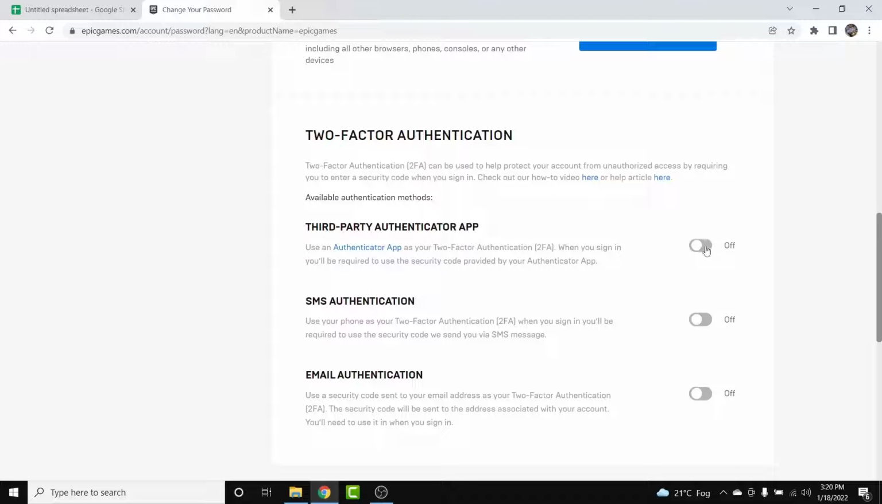Once you do that, you'll have to follow some simple process. For these other two options, it is very simple. What you want to do is simply tap on this toggle if you want to enable the SMS authentication. It will use your phone number to send a verification code every time you log into your account. So what you'll need to do is simply enter a phone number and verify your phone number to enable this